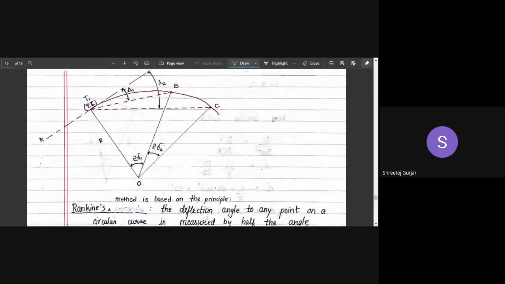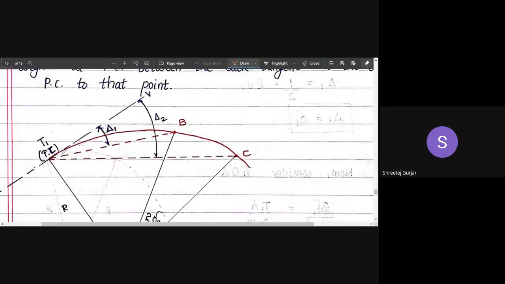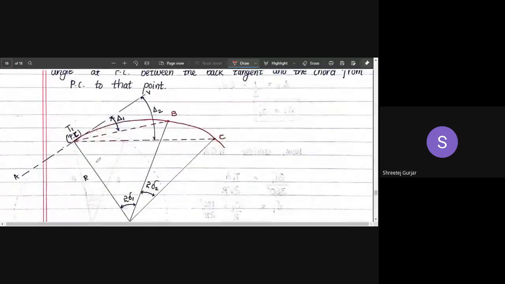Let us read the definition of the deflection angle. A deflection angle to a point, say point B, on the curve, or to any point on the curve, such as C or D, is the angle at PC, the point of curve, formed between which